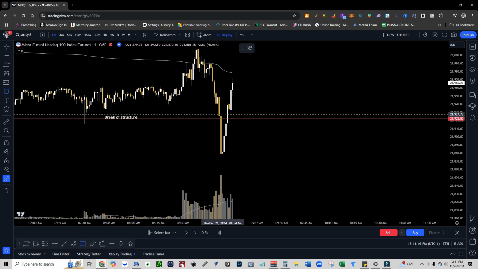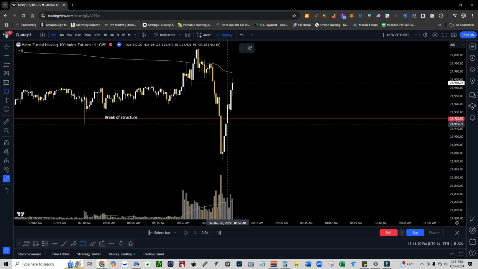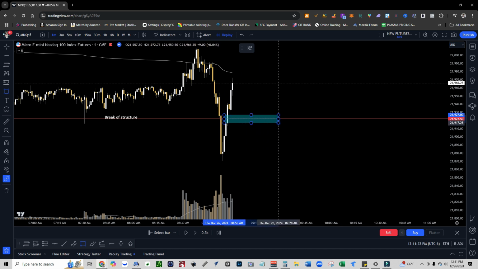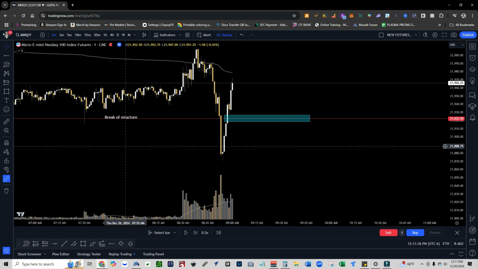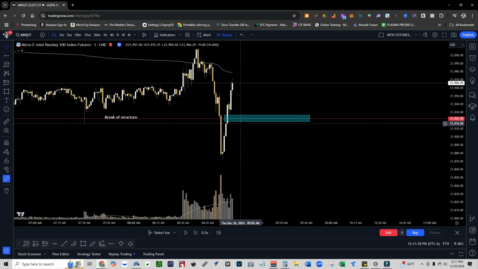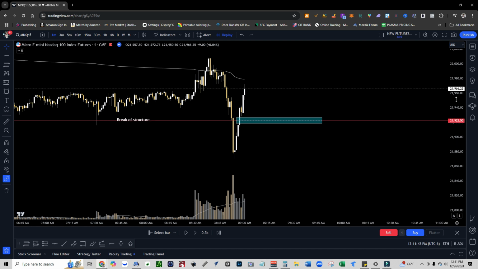So I'm going to go ahead and map this one out. So you want to get that bottom. So you got 1, 2, 3, and then here's the gap in the middle. So go ahead and get this rectangle tool, and you're going to map out from that bottom wick over here to the top of this candle wick, and then just drag it across, and then boom. So look, we have that fair value gap right on the break of structure. So that is really powerful.